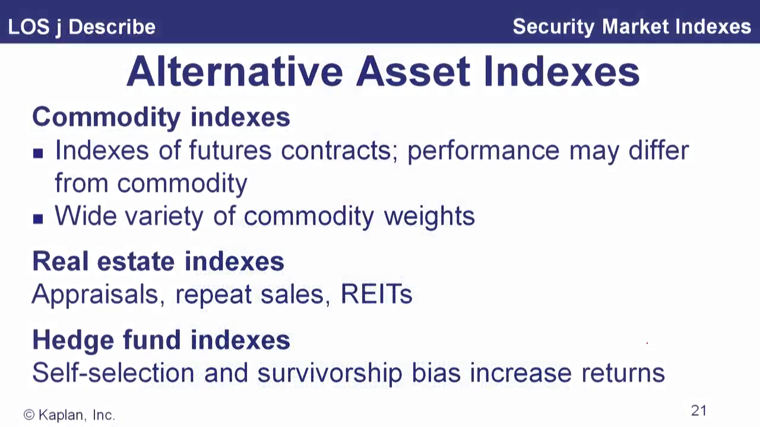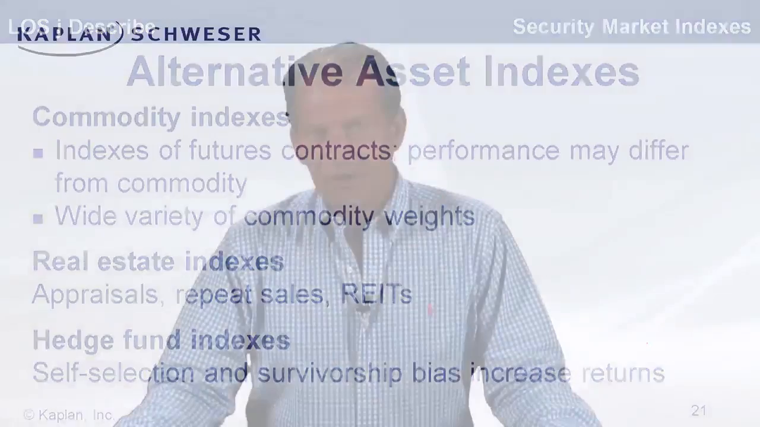And there's a wide variety of commodity weighting schemes in commodities indexes. So if you wanted, as an inflation hedge, to hold a commodity index, it might have exposures to wheat and corn and copper,